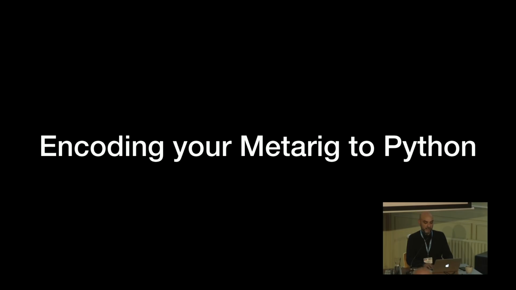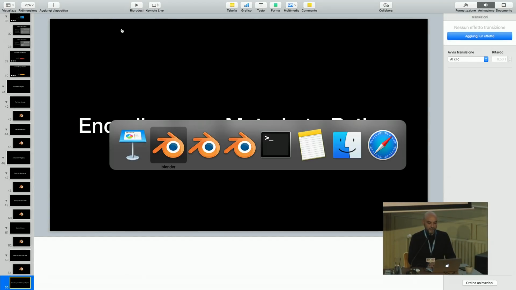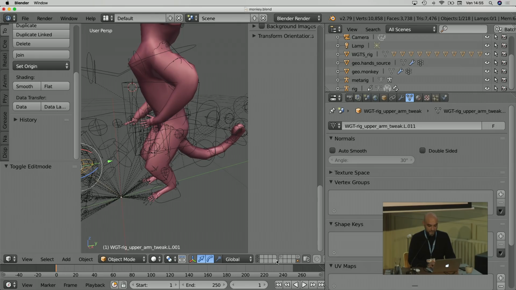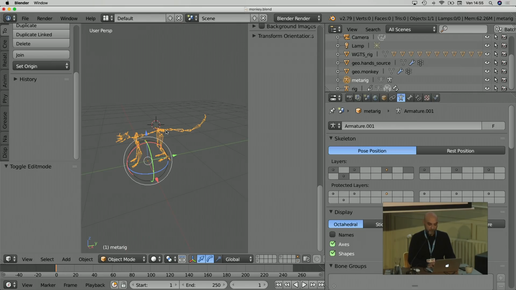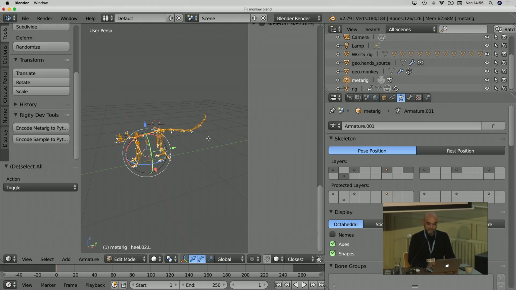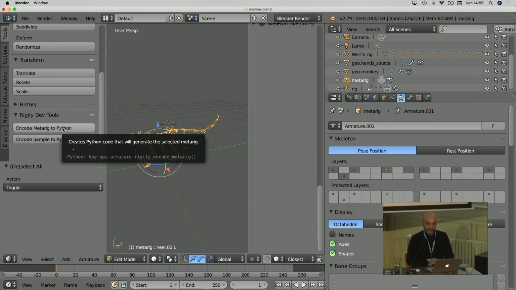What's more? The copy chain, I will have no time to show you, because I want to show you how you encode your meta rig to Python. Yes, I'm done. Just 1 minute, I'm done. Encoding your meta rig to Python is pretty easy. You pick up your rig here, your meta rig here. You go in edit mode. In edit mode, you will find these 2 buttons. Encode meta rig to Python. If I press that,